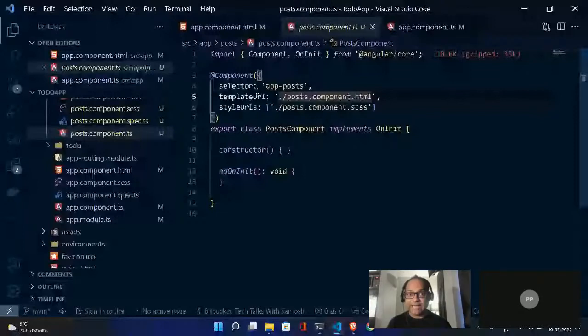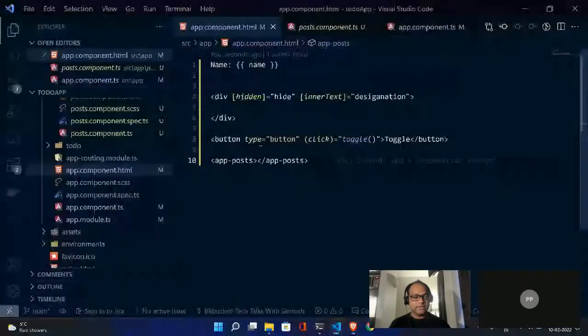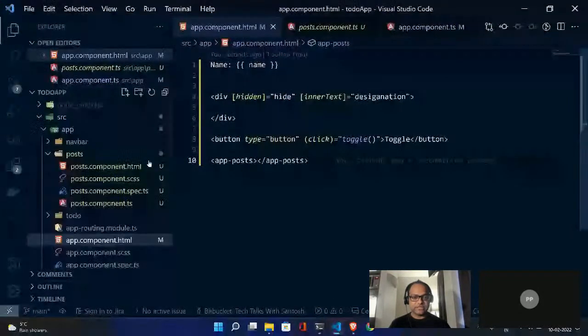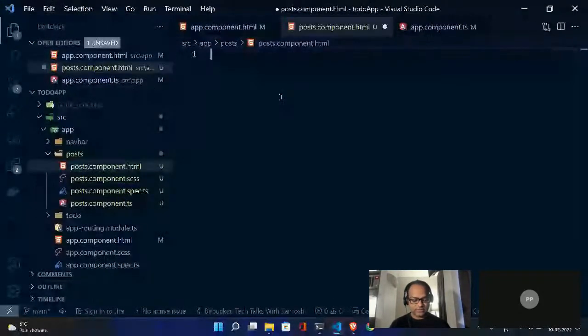This selector is what is known as your HTML tag. Whenever we create a component anywhere, not only in Angular, whether it be React or Vue, components are an HTML tag, your own HTML which you have been creating. So you can use it as a normal HTML tag here, and that's it. Let's go ahead and see. You should be able to see posts work right now. Let's make a little change here. I'll say h1 posts.